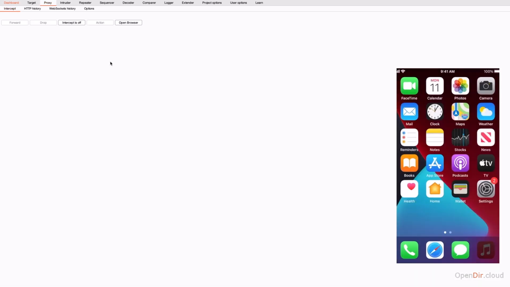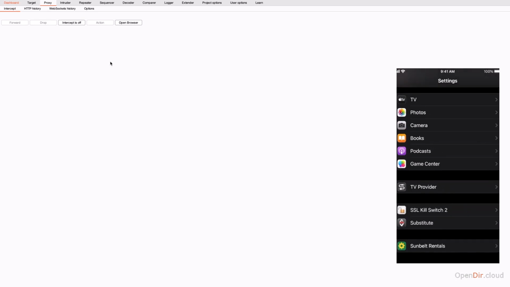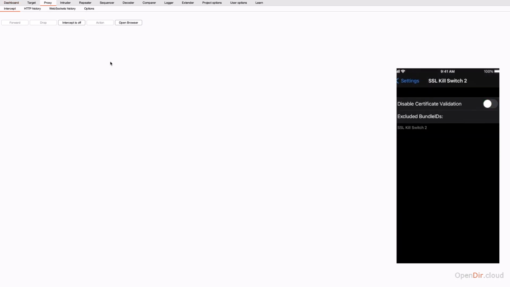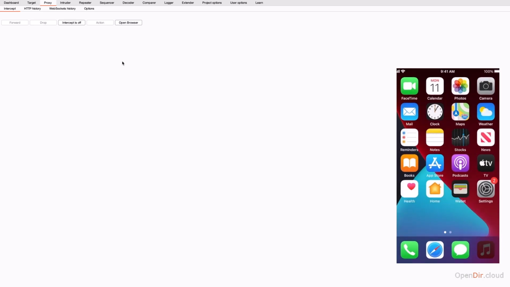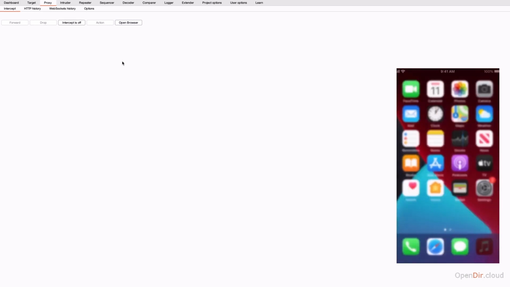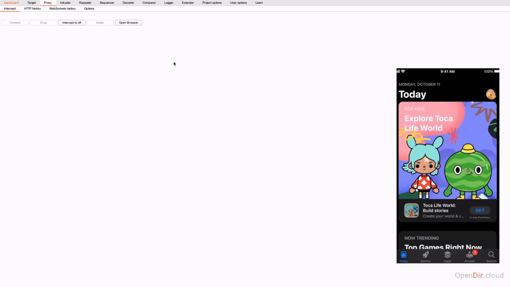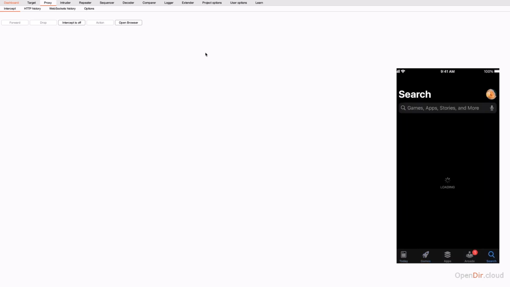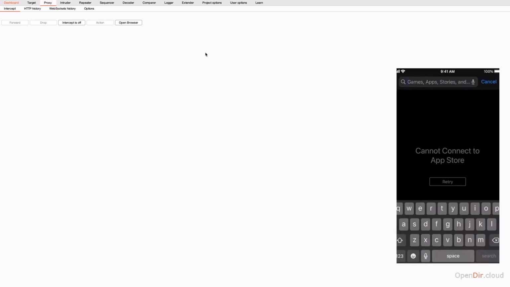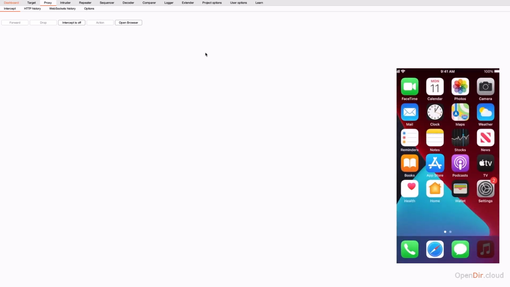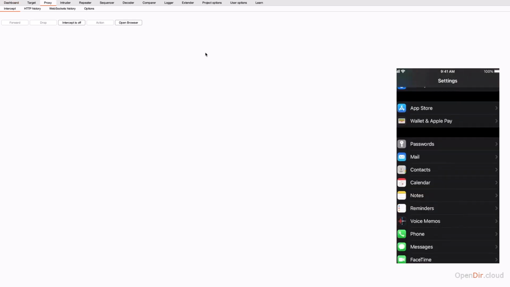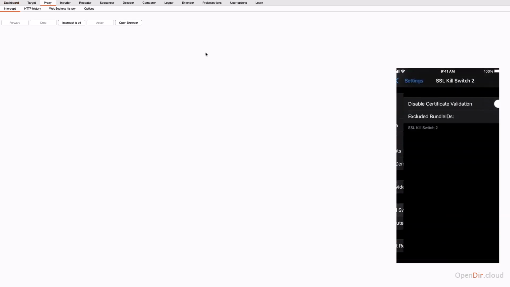If we go back to our settings now, just to test to see if SSL Kill Switch actually does anything, I'm going to turn it off. I'm going to try to go back to the App Store now. Close it out. Open it up again. It does seem to be working actually. Now you can see it says cannot connect to the App Store. If I look for anything, this means that SSL pinning is actually preventing me from seeing anything off of the App Store. But if I go back now again to my settings, I enable SSL Kill Switch,